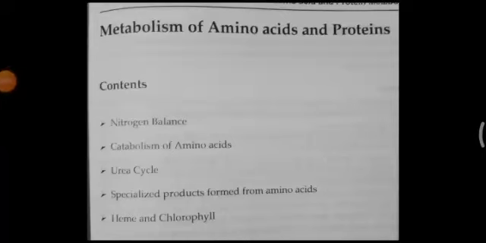Hello viewers. Today we are going to start a session on metabolism of amino acids and proteins. In this we are going to discuss nitrogen balance, catabolism of amino acids, urea cycle and specialized products from amino acids and heme chlorophyll. In these contents only selected topics are going to be covered. So let us begin with